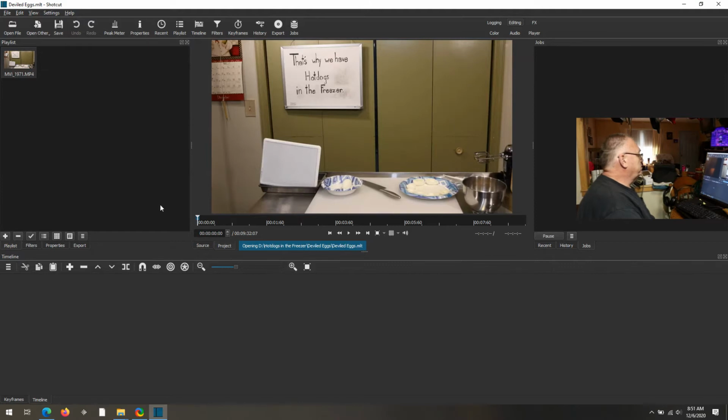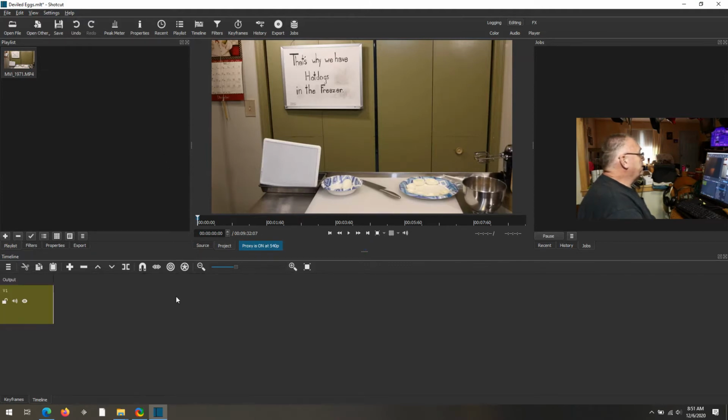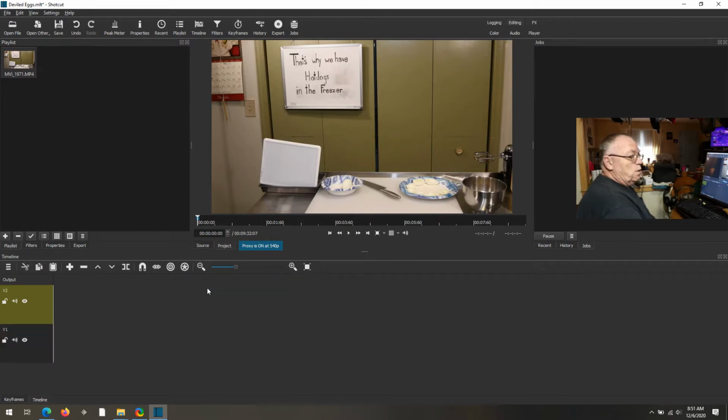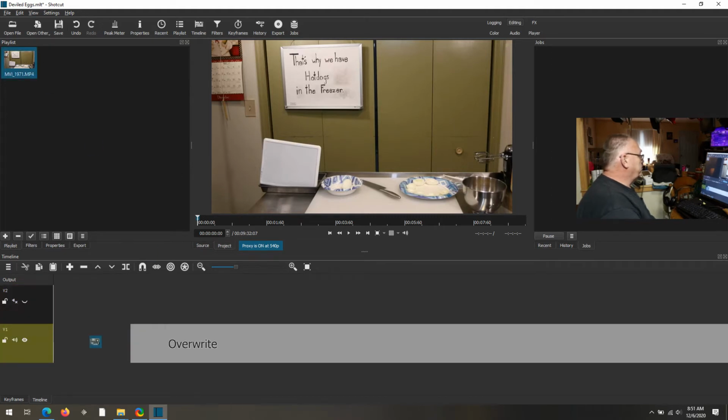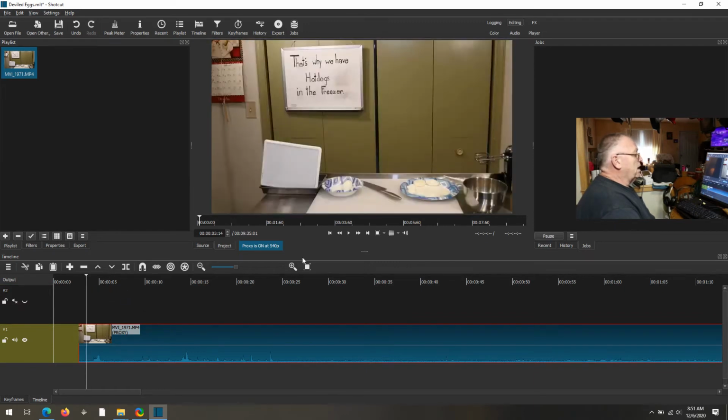And what you need to do is go down here, and I'm going to add a video track, and I'm going to add a second video track, and we'll see why in a minute. I'm going to take this video track and set it to no volume, and make it invisible. I'm going to bring this video track down and put it in here. You notice I got a little gap right here. That's okay, because what I'm going to do now is play this video,